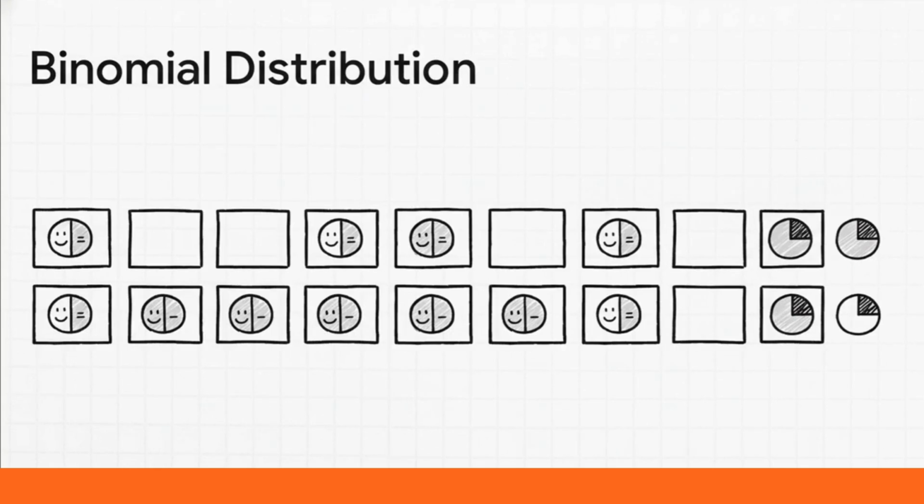Well, the binomial distribution steps in when you have a fixed number of trials. Say you flip a coin 10 times. Each of those flips is independent, each one has only two outcomes, and the probability of success, let's say getting a heads, is the exact same for every single flip. When all those conditions are met, the binomial distribution can tell you the precise probability of getting, for example, exactly 6 heads out of those 10 tosses.